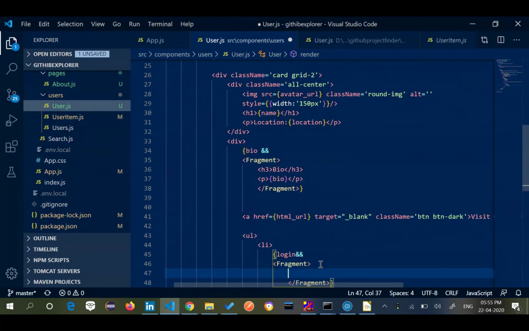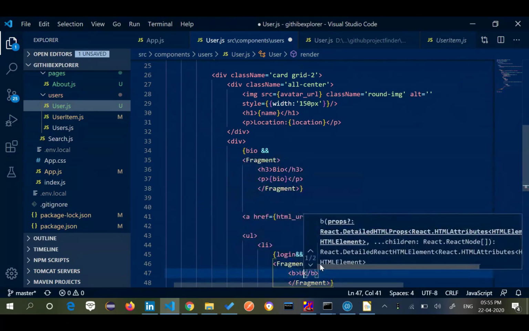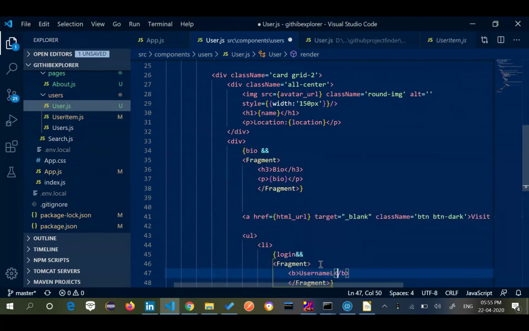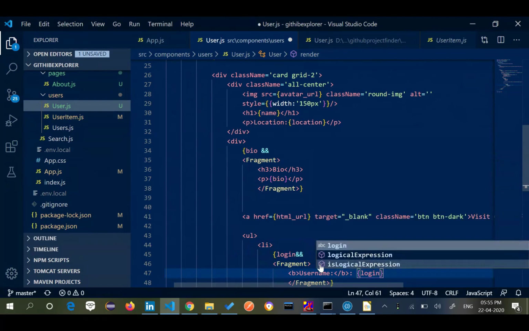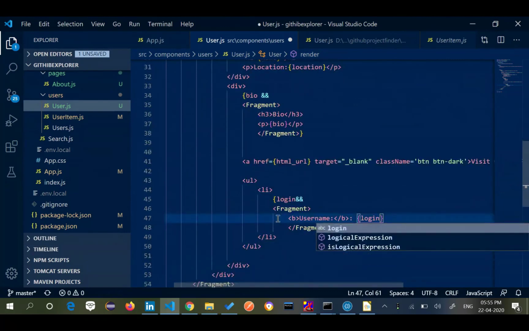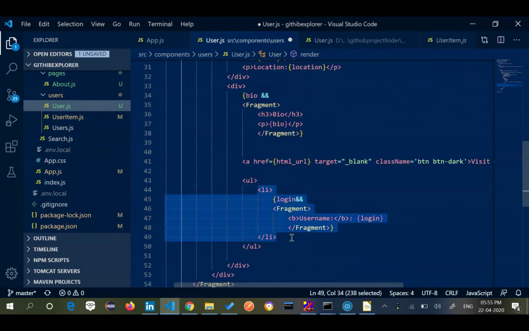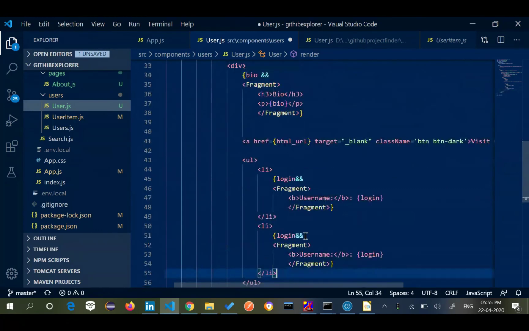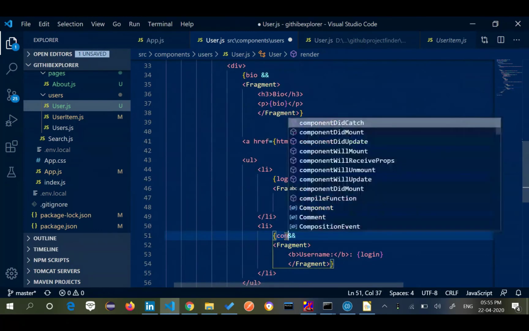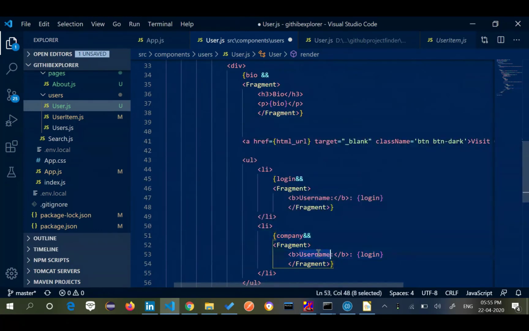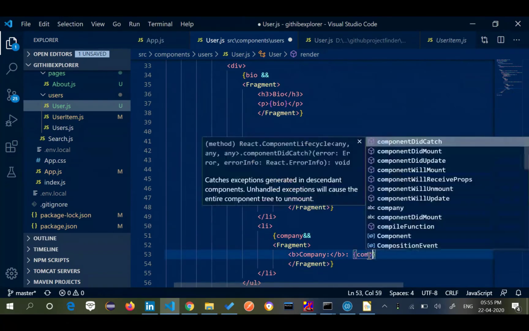So let's do username colon, and I will say login here. Same way, I'll just copy this li and say company.